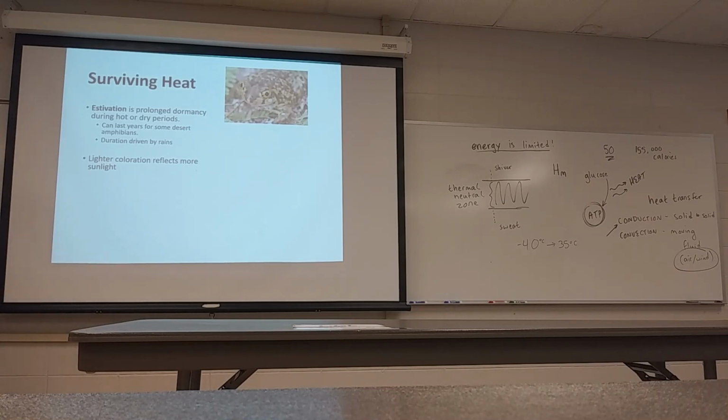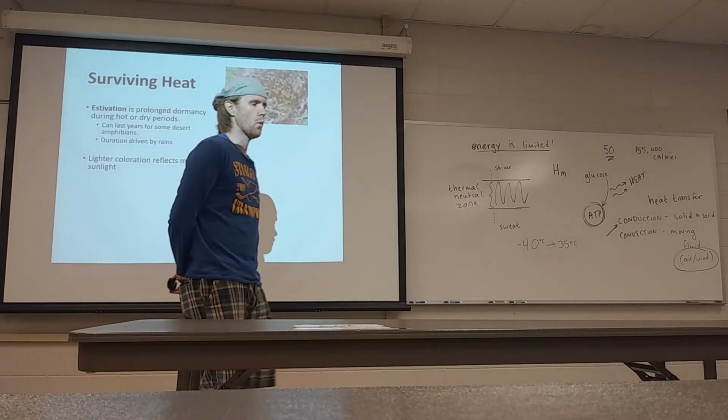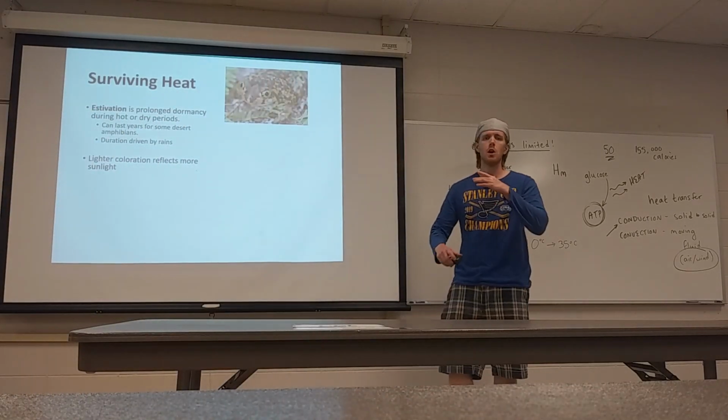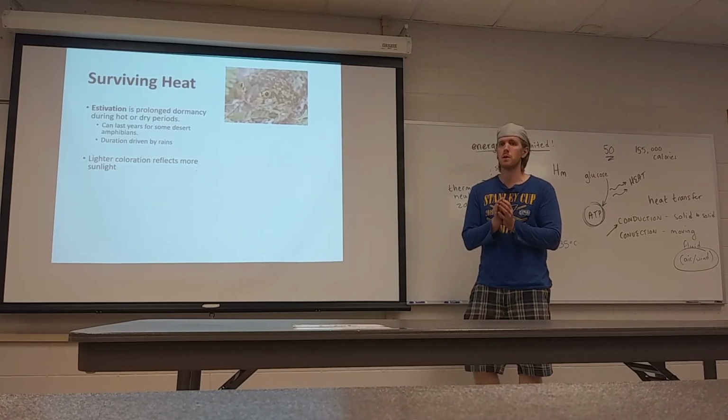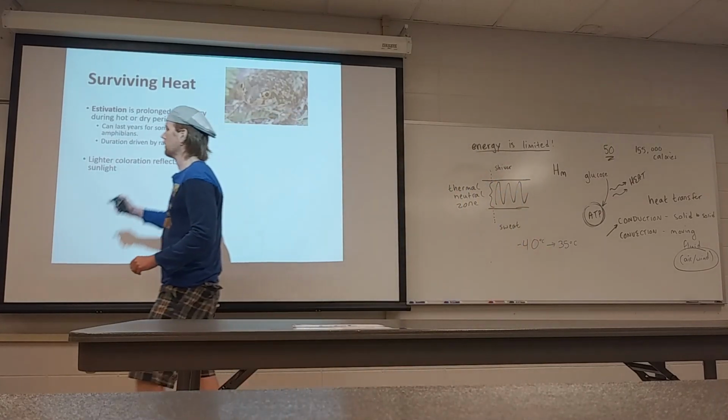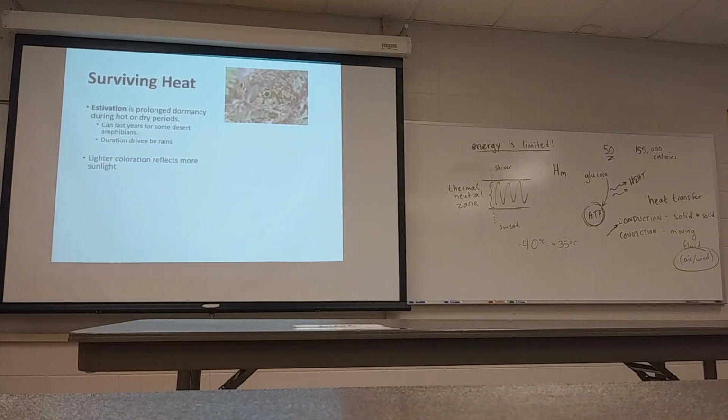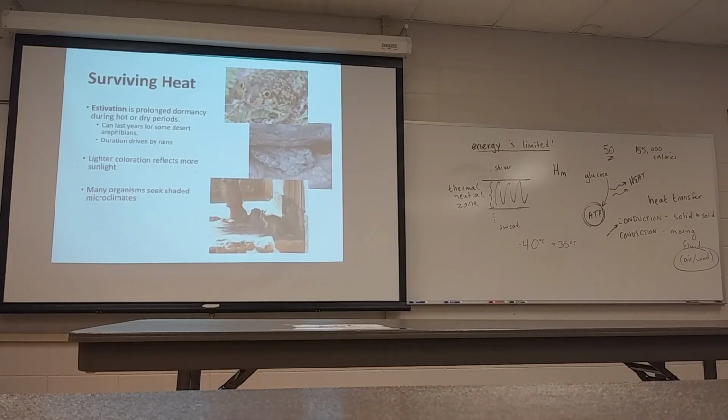Other ways to survive heat is to have lighter coloration. If you've ever gone out on a hot day with a black shirt versus a white shirt, you know that the black shirt absorbs all of the colors of the visible light spectrum, and so it's a lot hotter for you to wear that. So if you've got lighter coloration, you can survive better in dry and hot environments, right? Such as our little canyon tree frog here. Another simple way to do it is find a shaded microclimate like these kangaroos. Right? Simple, but effective. During the hot Australian summer days, they will not be out in the sun. You'll find them resting in the shade.